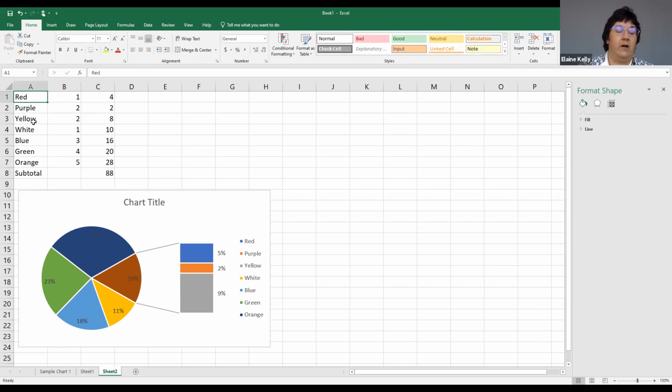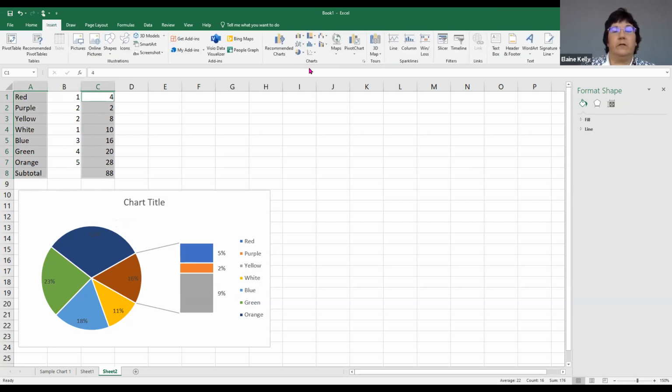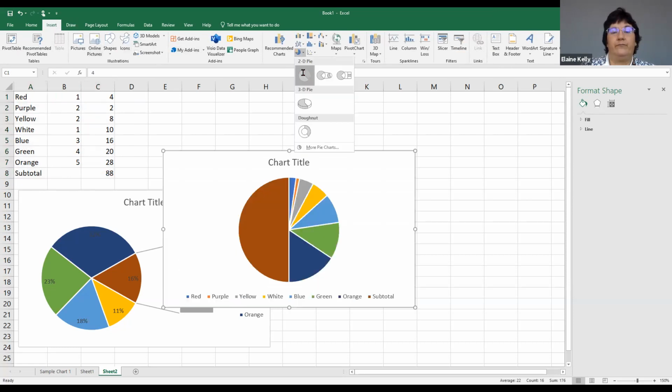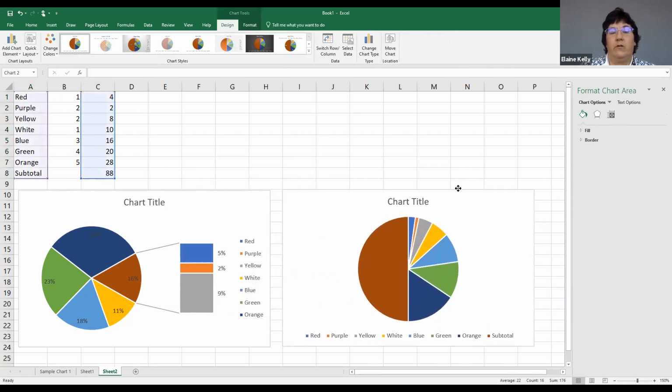All right, now to create our pie chart, I'm going to highlight our data. But see, now I've also included my subtotal area in my chart. I'm going to insert a pie graph. Move it over here out of the way so we can work on it a little easier and everybody can see it. And this big gray chunk right here